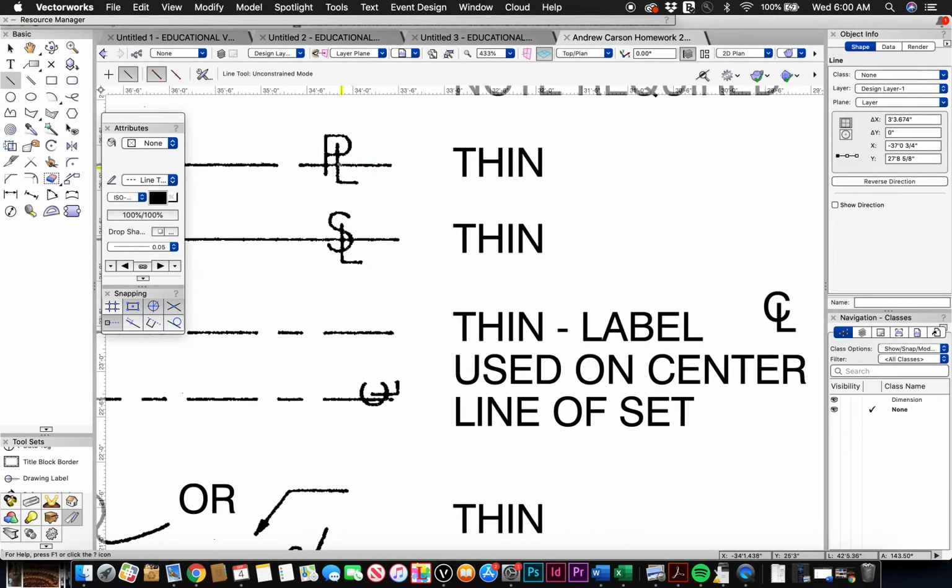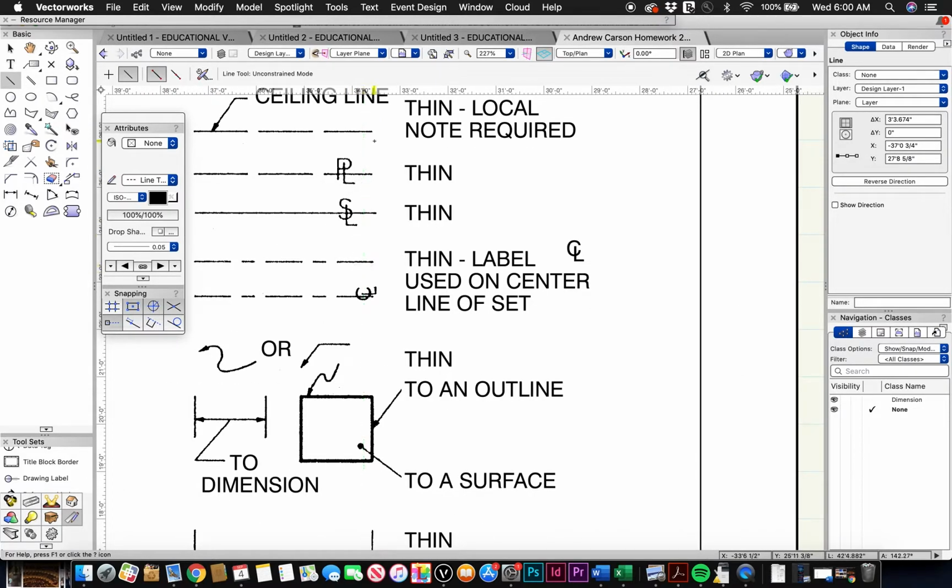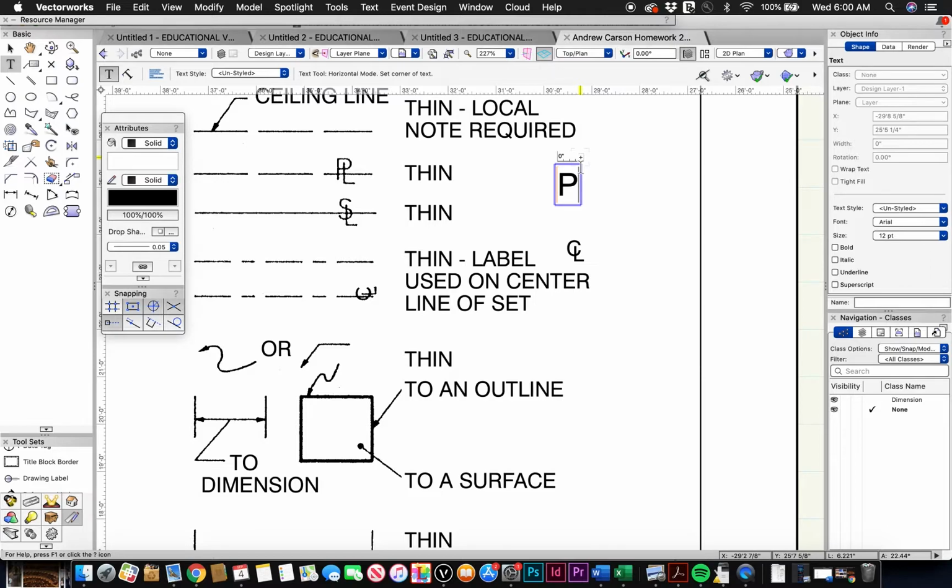When you're trying to make these symbols, like the plaster line or the center line or any of these others, my suggestion to do those is actually to make symbols. I'll show you how to do that real quick. So this is actually really simple, shockingly simple. Right, so we type a single letter,